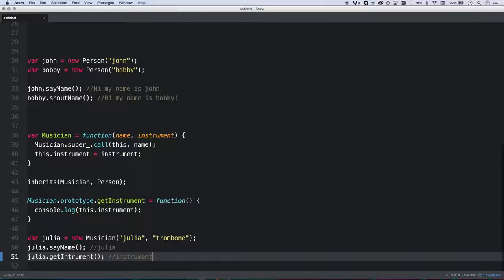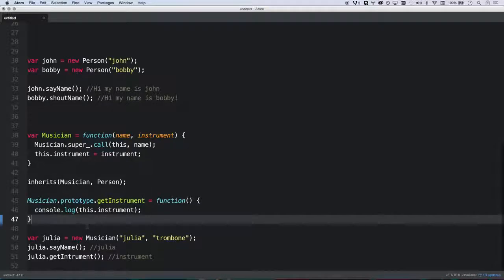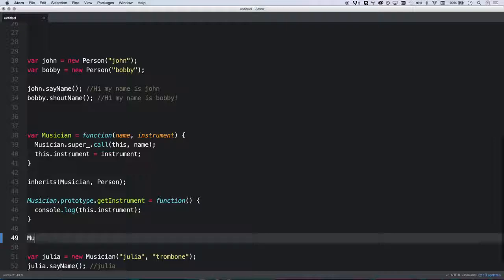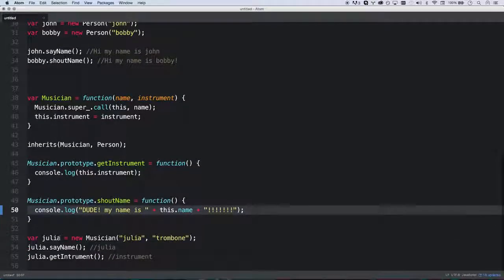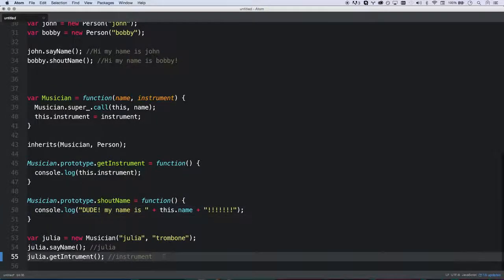And then what we can also do is we can actually override the say name functionality. Say a musician, we want to be able to say the name, but we want to shout differently because musicians, after all, shout just a little more unusually. So shout name equals, prototype, sorry. There we go. This will actually be, dude, my name is this dot name. And then way too many exclamations. There you go. So now, when I say shout name,